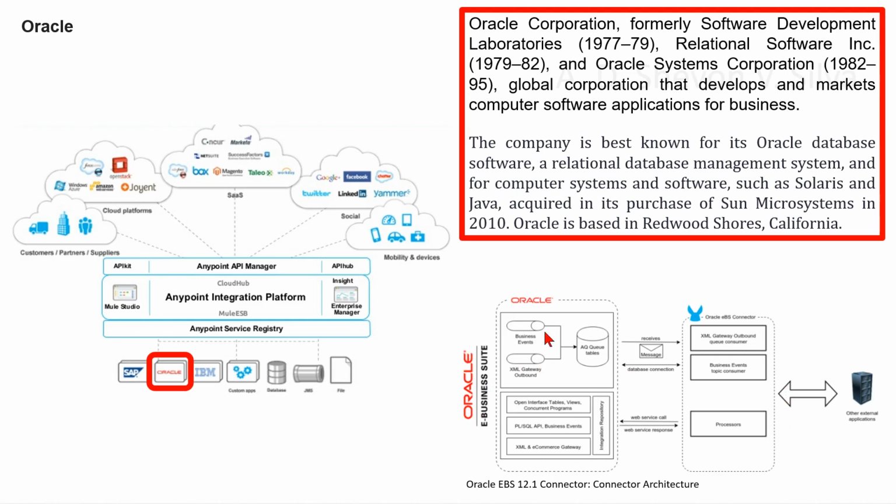Here you can see the Oracle business suite. Here the business event, XML gateway inbound, AQ tables, open interface tables, views, concurrent programs, PLSQL API, business events, XML and e-commerce gateway, and integration repository are in Oracle here. Here business events and XML gateway inbound are connected to AQ tables. Here you can see these things are in a separate box, and